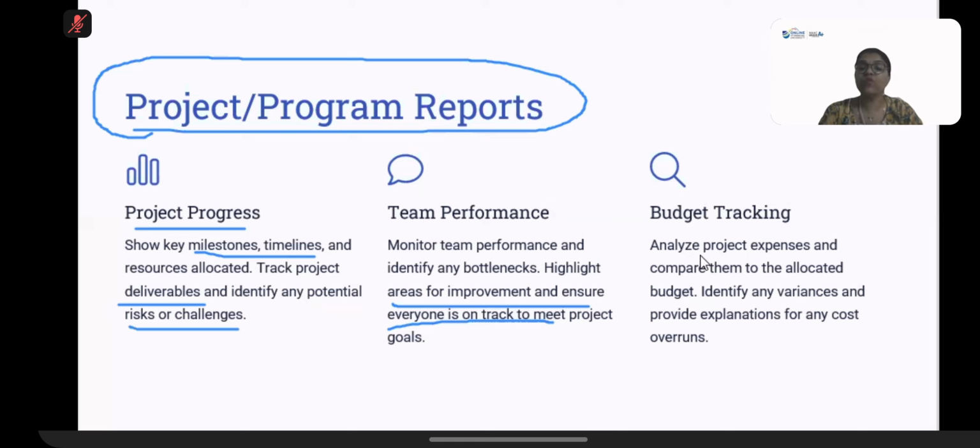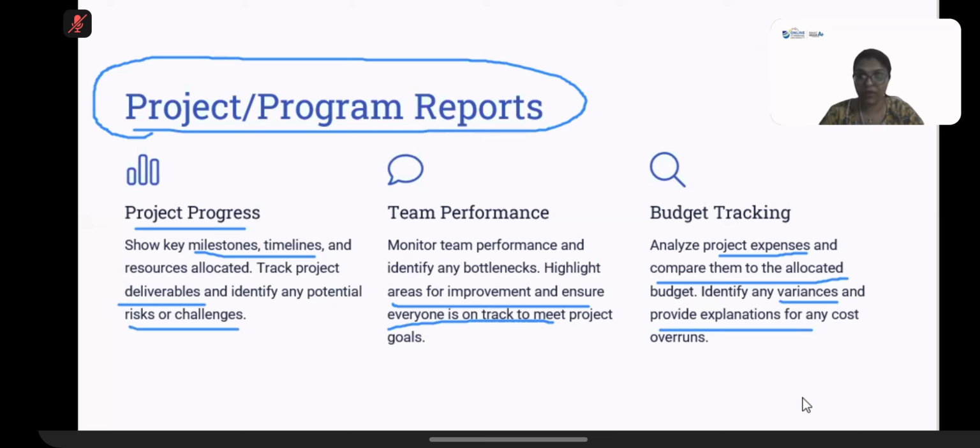Now, obviously, you know what is the budget that is set up for that particular project. So you can analyze the expense, compare them, what is allocated. In case of any variance that is different, you can identify those. You can provide the explanation why your cost was more, cost क्यों ज्यादा चला गया, क्या reasons था, क्या problems आ गए थे. So in short, this report will offer you an insight about the progress of the particular program